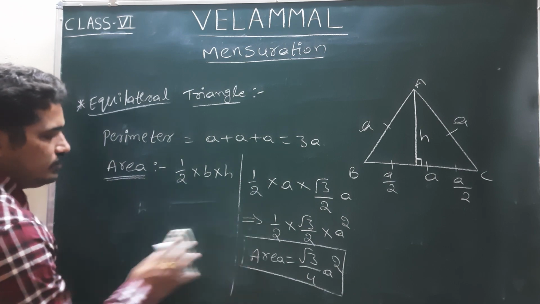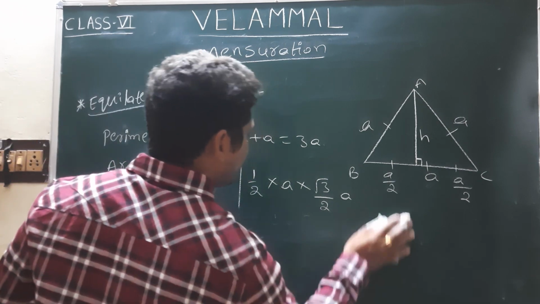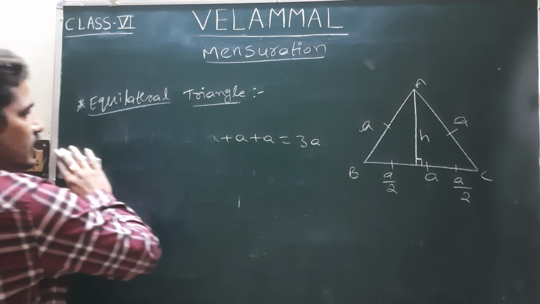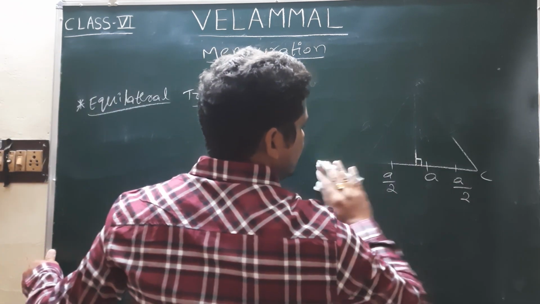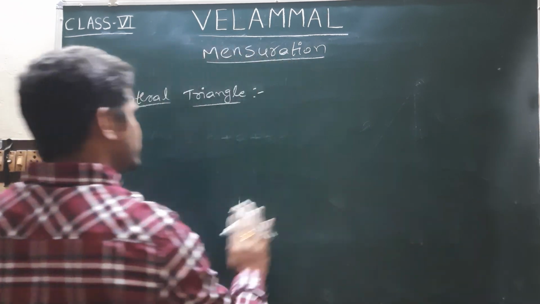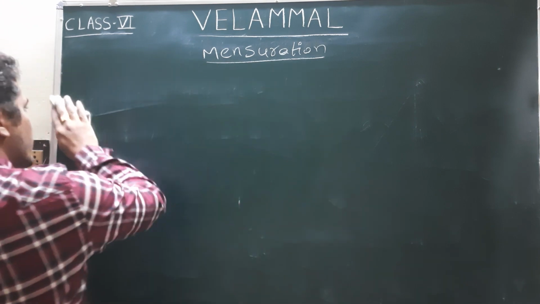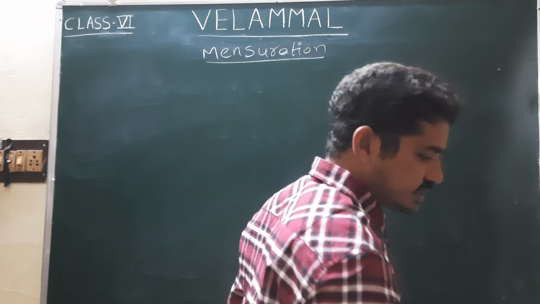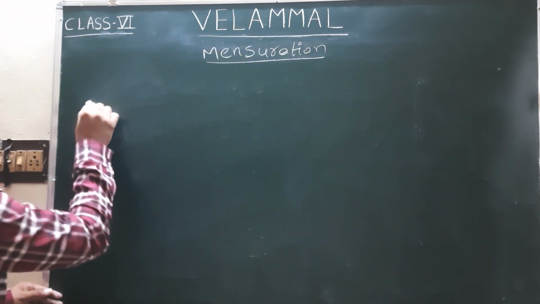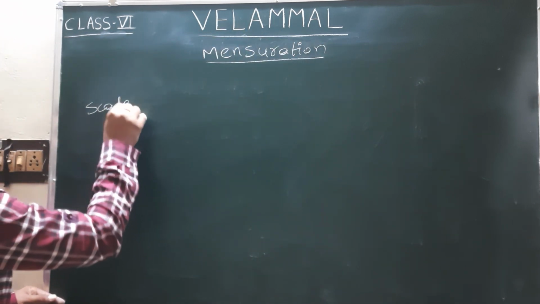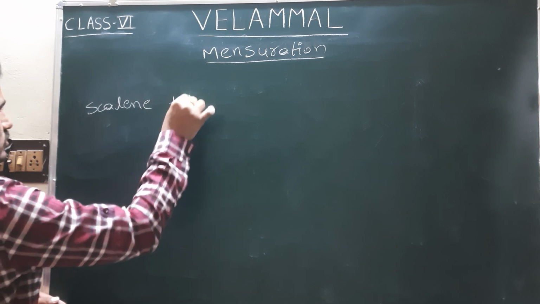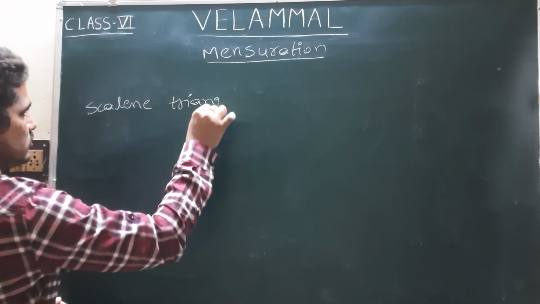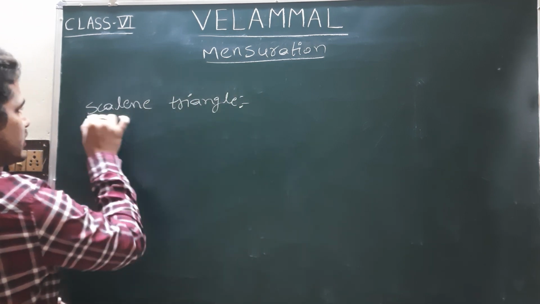Next we have one more very important formula. All the triangles we discussed: isosceles triangle, equilateral triangle, right angle triangle. But we need to discuss the scalene triangle. Scalene triangle we